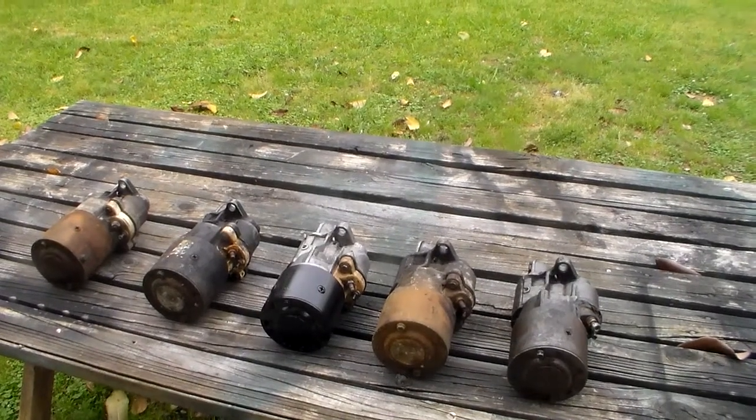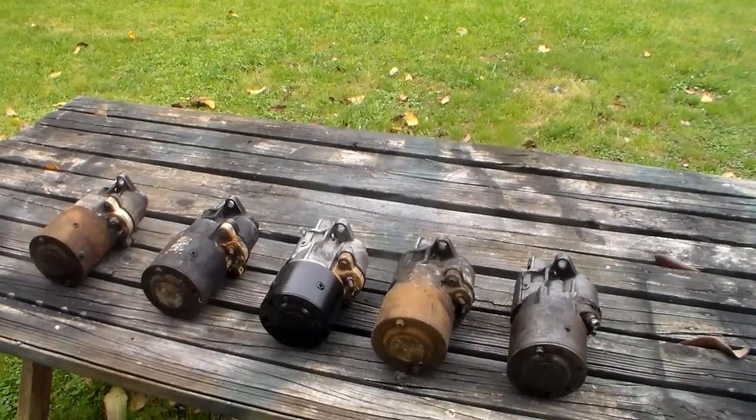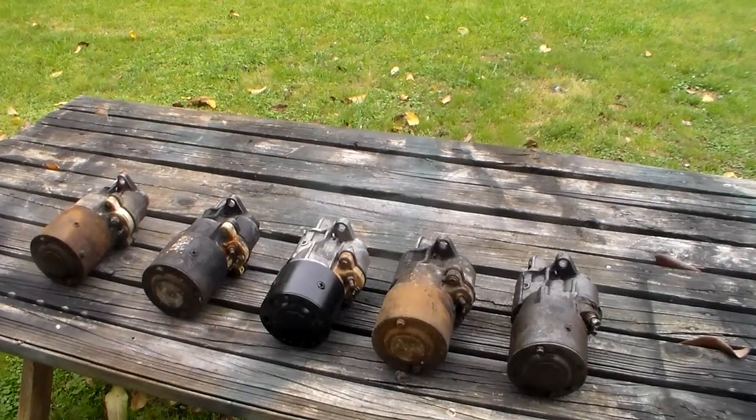Got a little wind coming. I feel like I ought to be like Mary Poppins and have my umbrella out here and see if the north wind carries me away. So anyway,